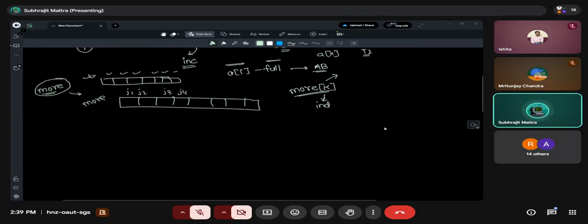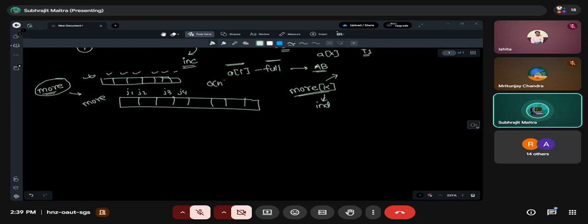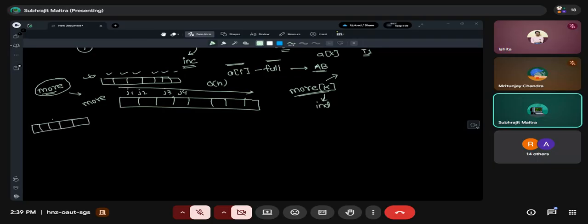Now, here also a very important point comes: maybe O of n times we need to traverse this more vector to update it whenever needed. But no, you see, let me give you an example. In the array A, suppose this third index currently has 4 blocks. So this third index is contributing in at least 4 blocks. That means in my more array at 4, the count will be 1. That index 3 is contributing 4 blocks.